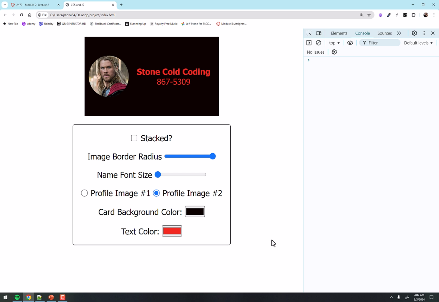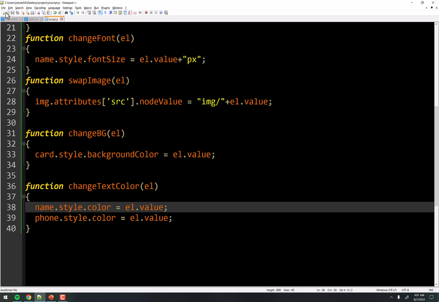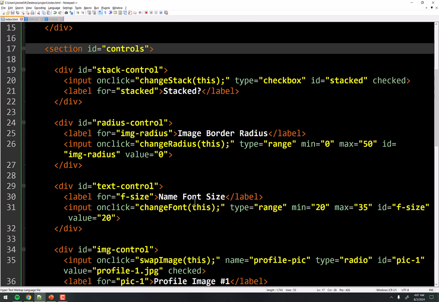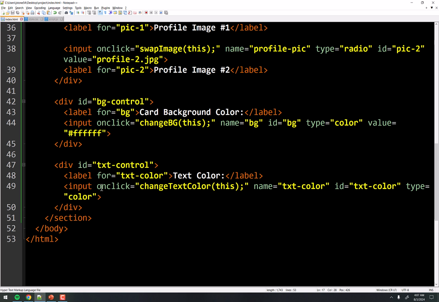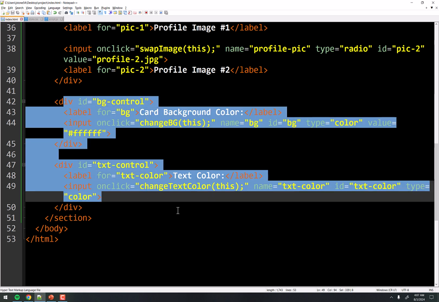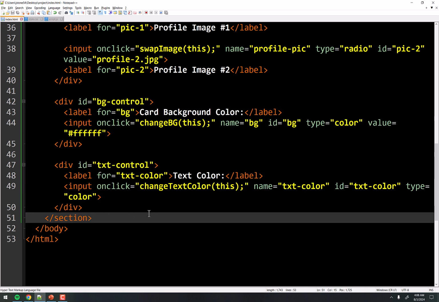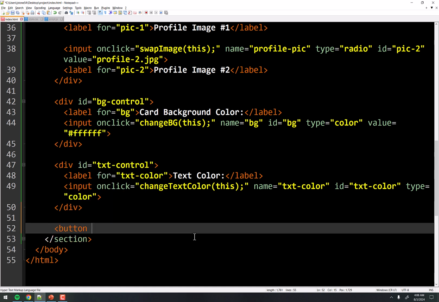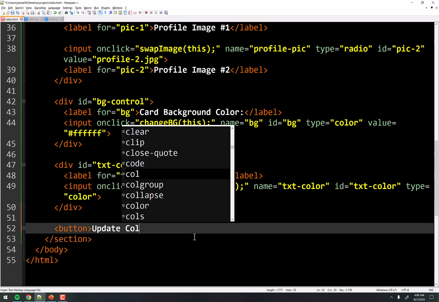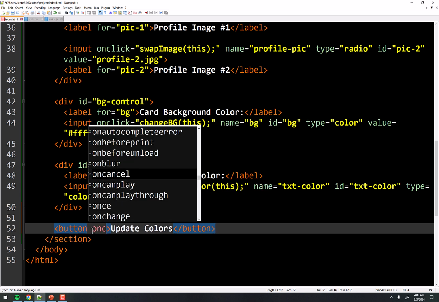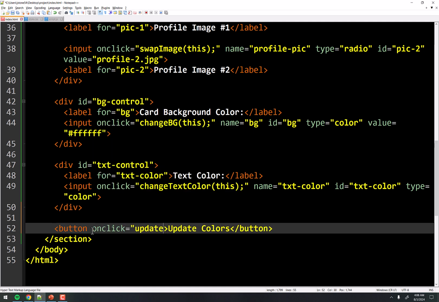Okay, last piece here. Let's fix that bug. Basically, what we want to do, and there are other ways to do this, and we'll learn some better ways later. But for now, here's a simple way. What we can do is these click events, not on the actual inputs, but on a button that will do both of these at the same time. So let's just make a button here, and we'll call this button, we'll say colors or something like that, right? And then we'll put an onclick on here, right? So we'll say onclick equals updateColor.